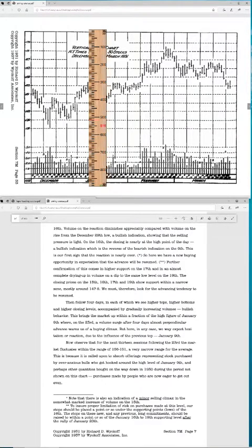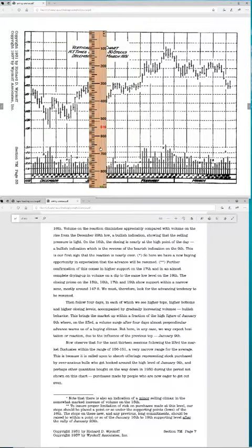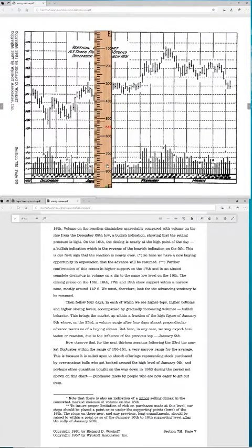Volume on the reaction diminishes appreciably compared with volume on the rise from December 29th low, a bullish indication. So what he's talking about is this. You see? From that buying climax, there's a pullback, but look at the volume on it. Is it big? No, 1, 2, 3, 4. They're all less than the climax, and it's not that much, all four of these bars, as the market pulls back to test the breakout. Alright? Anyway, so it's a low volume pullback,